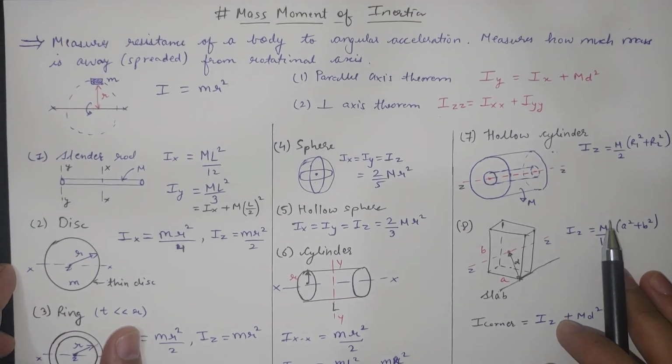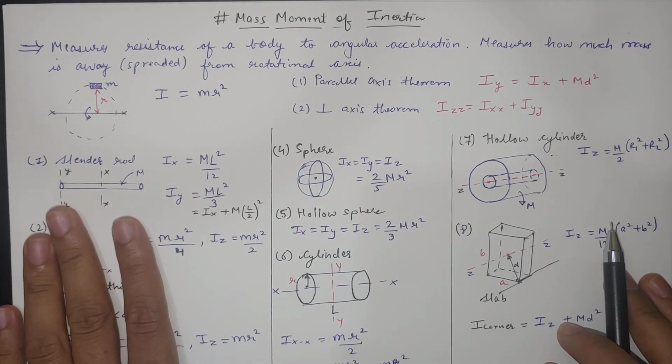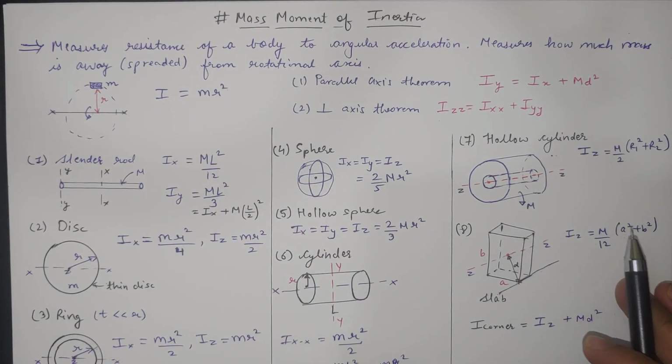So these are some important formulas for different shapes, and we can also subtract and add different moments of inertia for mass,